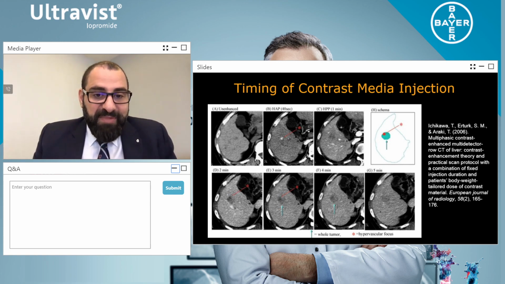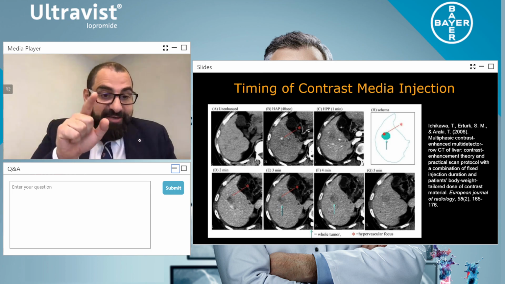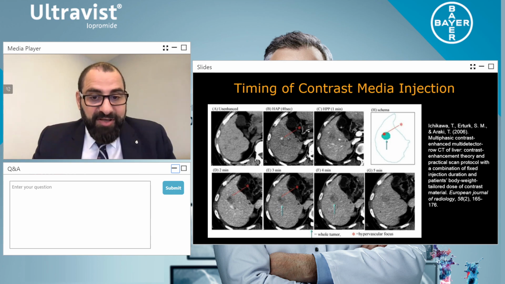If you look at 3 minutes, if you look at the top row here, where we look at 1 minute delayed, okay, of this same lesion, and I actually followed this lesion from arterial phase all the way to 5 minutes. As you can see, the lesion structure in the bottom line actually changes between 2 minutes, 3 minutes, 4 minutes, and 5 minutes. And you see how it's gone from non-well circumscribed to well circumscribed.